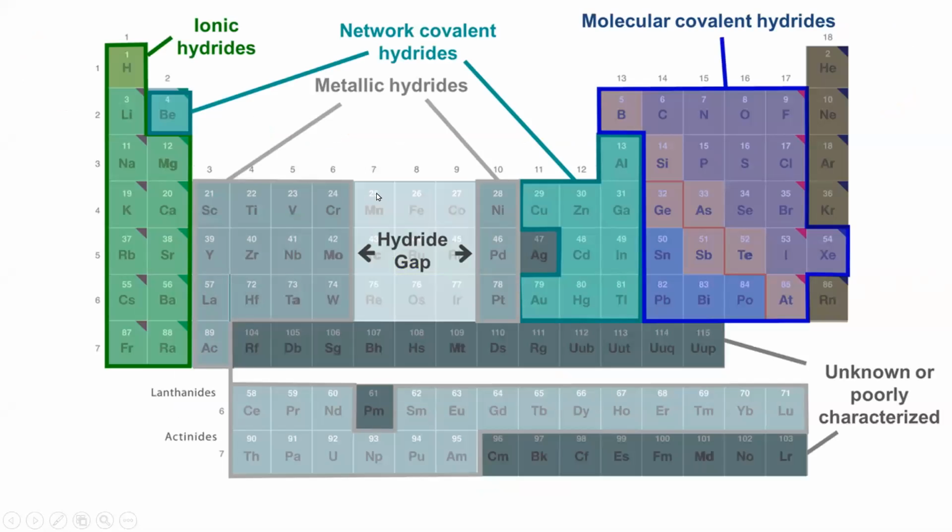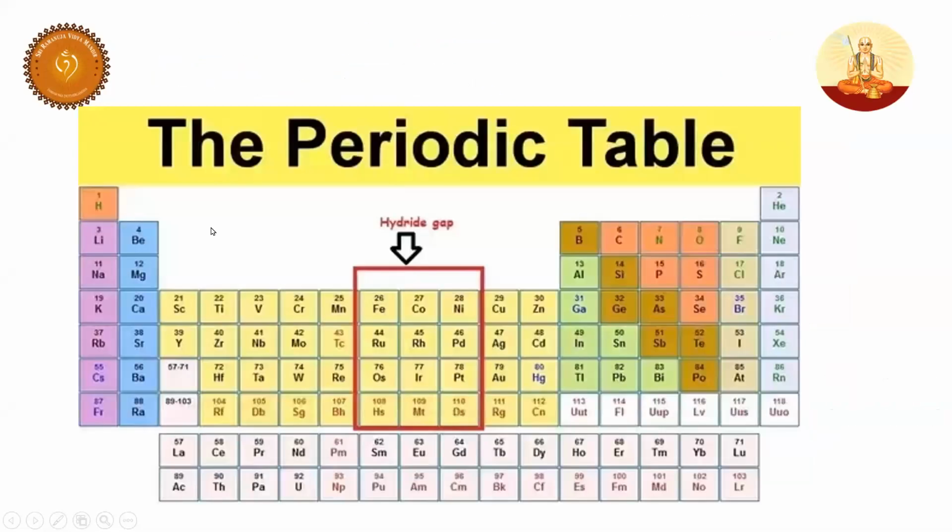Now, this is the hydride gap. Very, very important. They ask you what the hydride gap is. There are groups from 1 to 18 as per the modern periodic table. Elements of the 7th, 8th and 9th groups do not form hydrides. This is called the hydride gap. Many times it is asked in competitive examinations. The other d-block elements form metallic hydrides. First group and second group elements form ionic hydrides, and these will form covalent hydrides. I hope you understood this concept. This is what the hydride gap is all about.